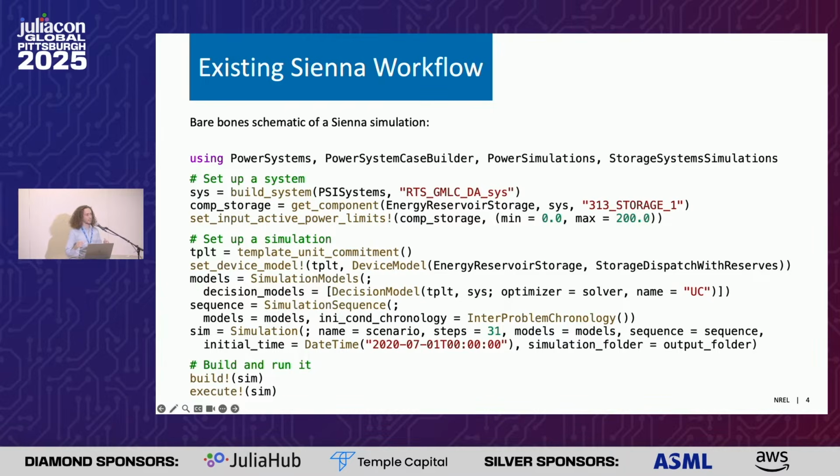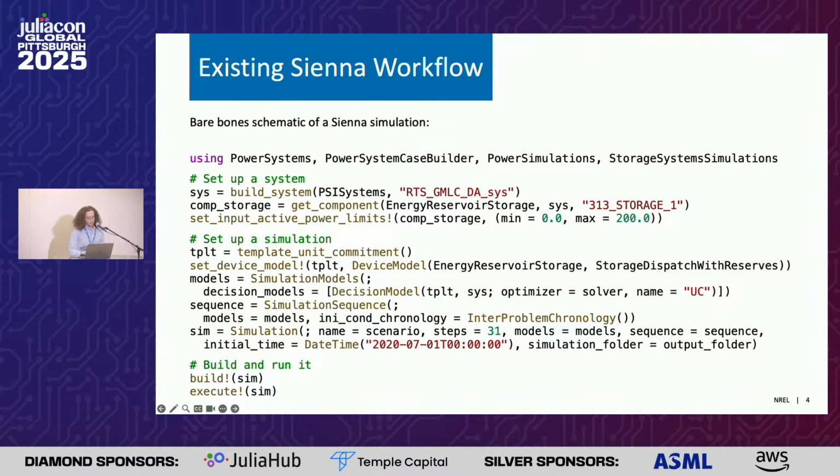So at a very high level, very bare bones schematic, this is what a power simulation might look like. We've got our package imports. We're going to load one of these test systems. You could also build your own system, of course. We're going to just modify one of the batteries in there, make things a little more interesting. And then we need to map components in this system to how they're going to be modeled in terms of the formulation for the optimization problem. So we do that with this template. We're going to load a standard one, and then we're going to set a specific model we want to use for that